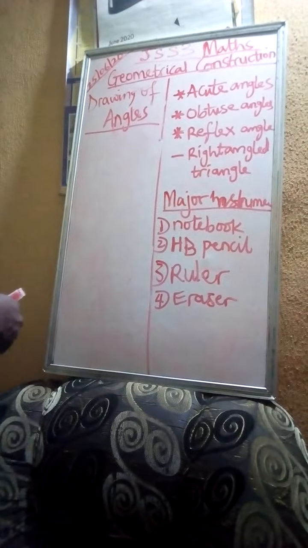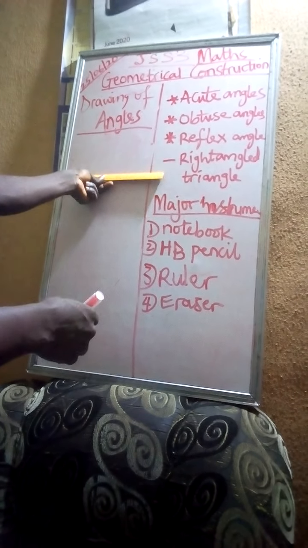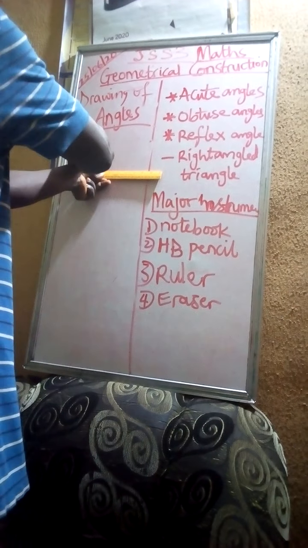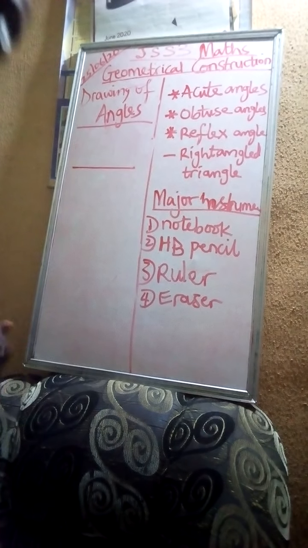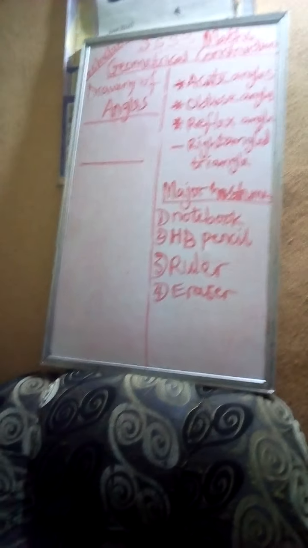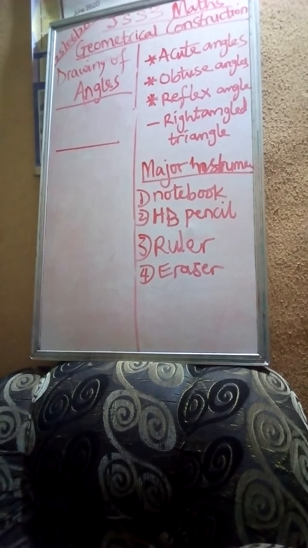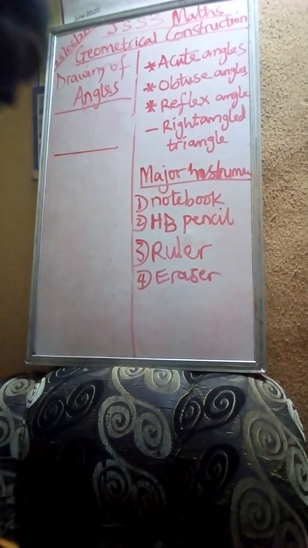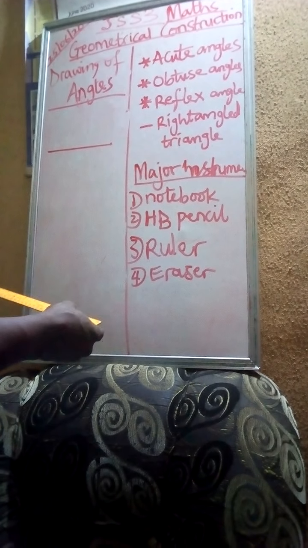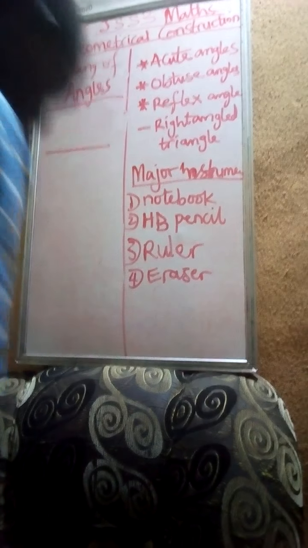A line. We want to draw a line. So if you want to do it, put it like this. So when you do it like this, after that, then you put this angle 60. So angle 60,